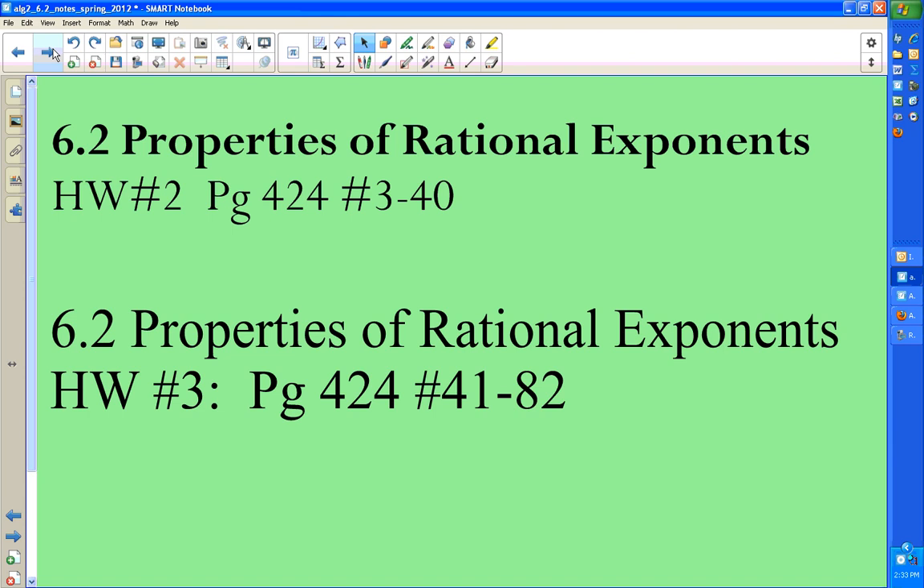6-2. This is tonight's homework right here. This is Thursday night's homework. You really need to make sure